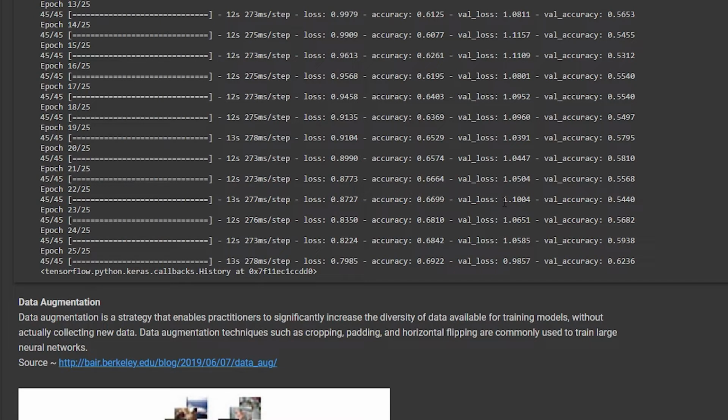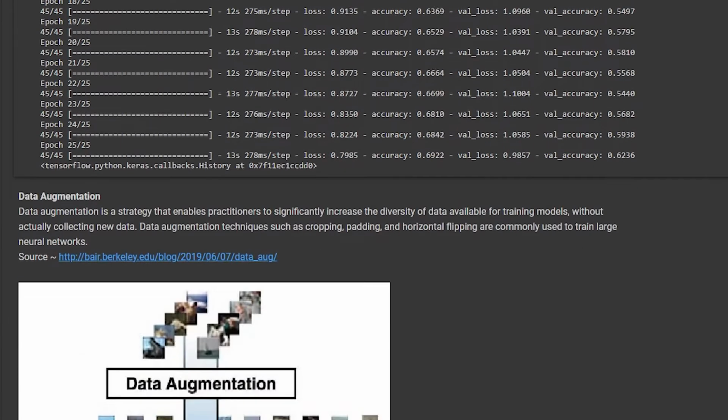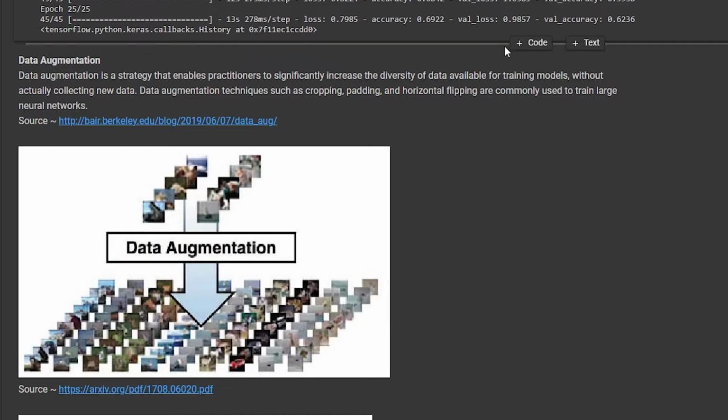You have to try to shoot this accuracy up. For that you require a lot of data, because deep learning does require a lot of data. It works very well if the samples are like 100,000 to 1 million. Augmentation is a procedure where we actually give the model a different form of data. So data augmentation is basically increasing the data that we already have in a certain proportion.